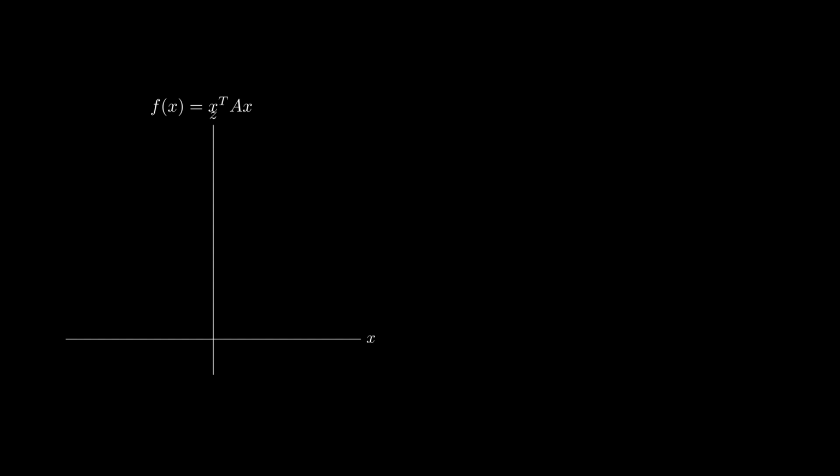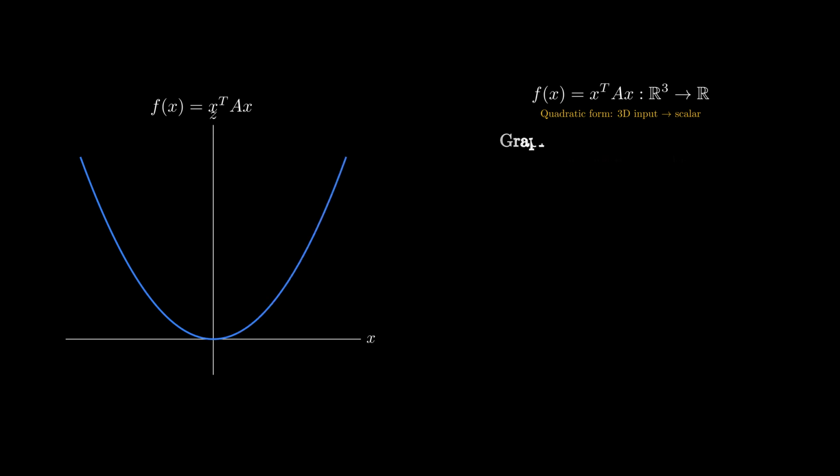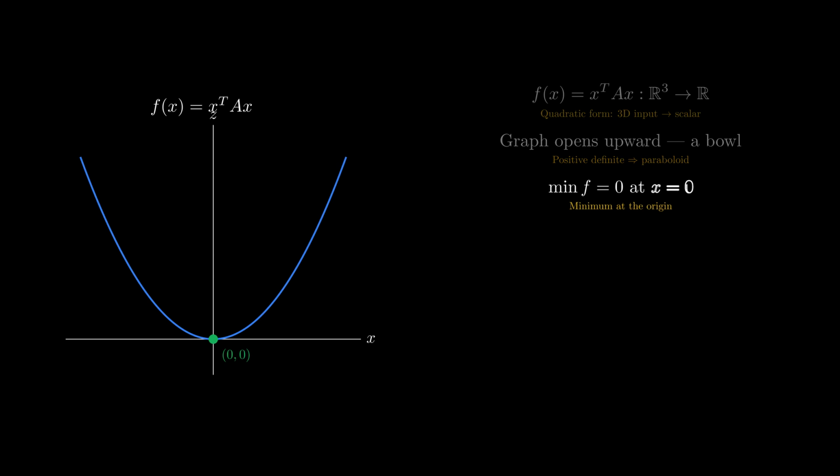We've now confirmed positive definiteness 4 different ways. So here's the geometric question. What does this actually mean? The function x transpose Ax takes a 3-dimensional input and returns a single number. Its graph lives in 4 dimensions, but we can still picture what's happening. Because A is positive definite, the graph opens upward, it's a bowl, and its minimum sits right at the origin